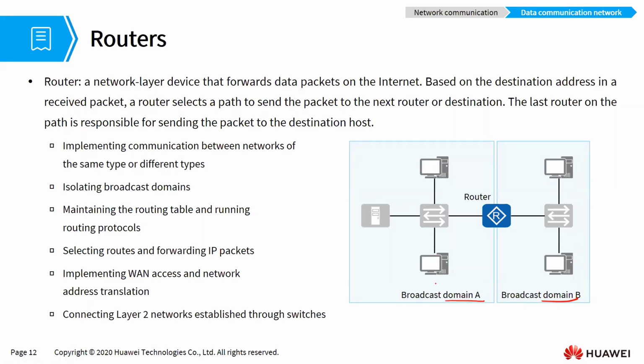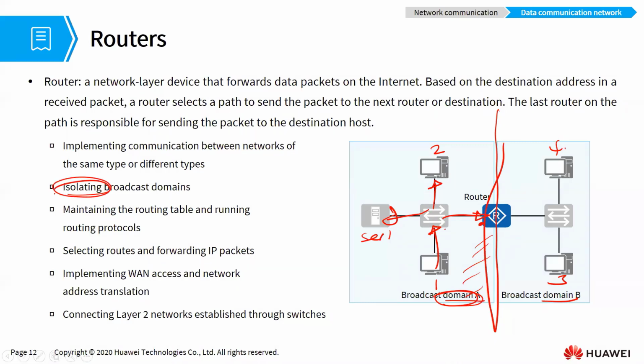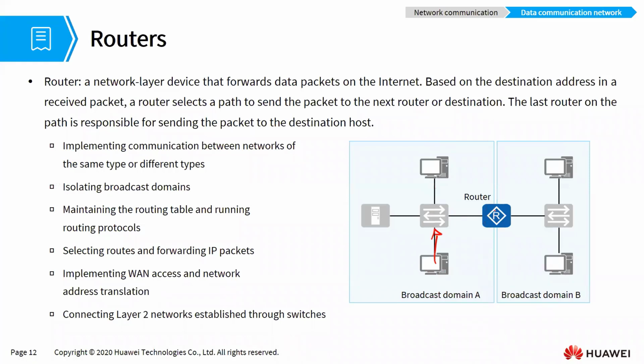What this means is that if, let us say, PC1, PC2, server 1, PC3, PC4, when PC1 sends a broadcast to the switch, this broadcast will be sent to all devices of this broadcast domain. This broadcast will be sent to this router interface because it is in this broadcast domain, but routers isolate broadcast domains. So a router will not permit the broadcast from PC1 to cross to another broadcast domain. The broadcast will be flooded in the same local area network, in the same broadcast domain. So that is what a broadcast domain is.